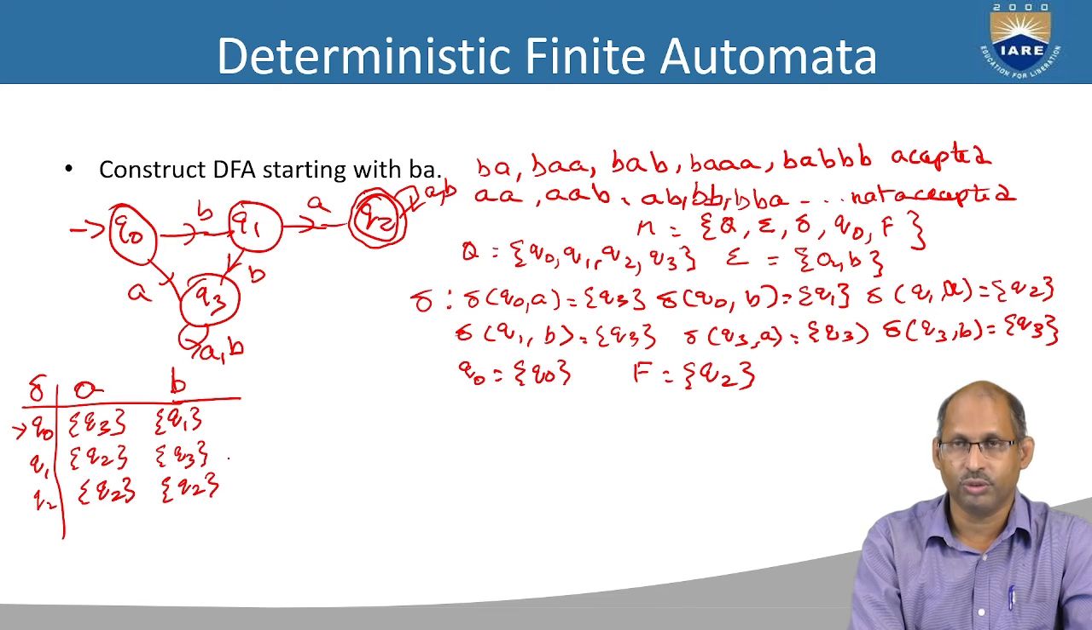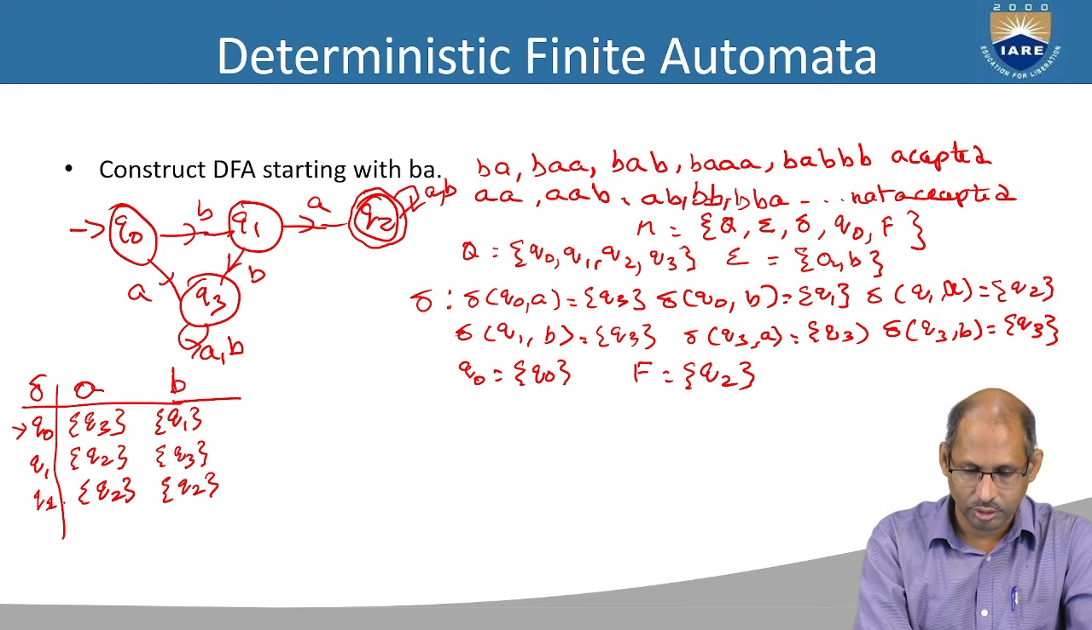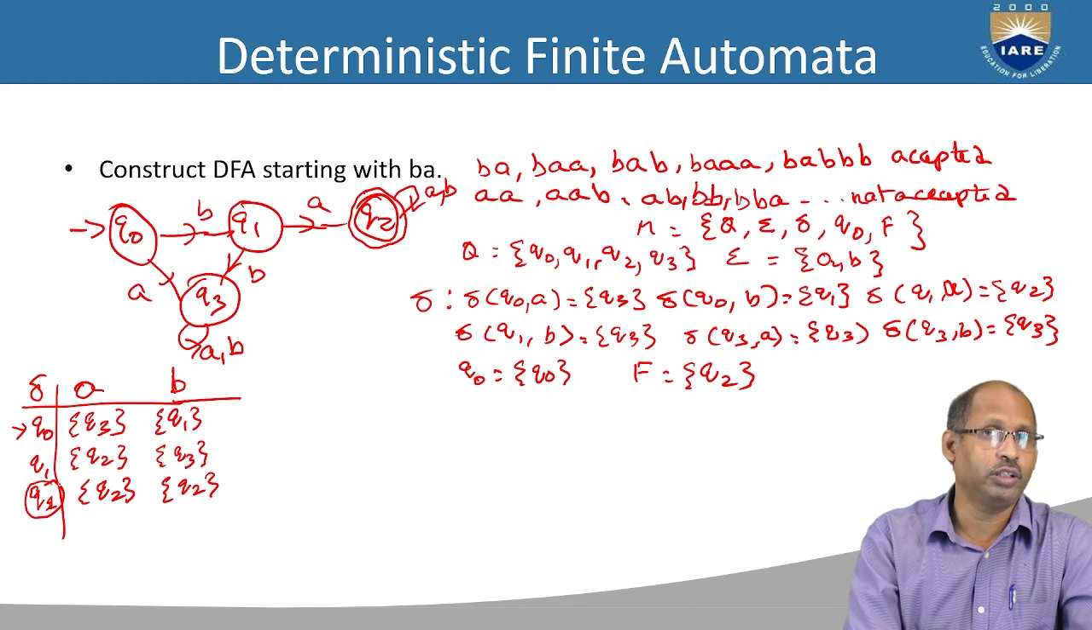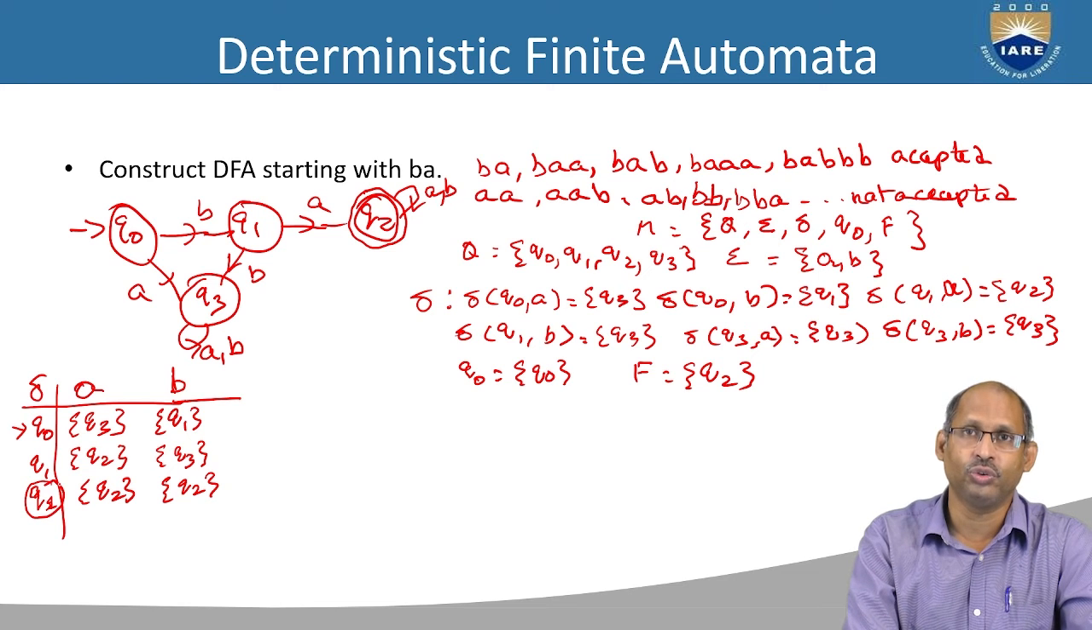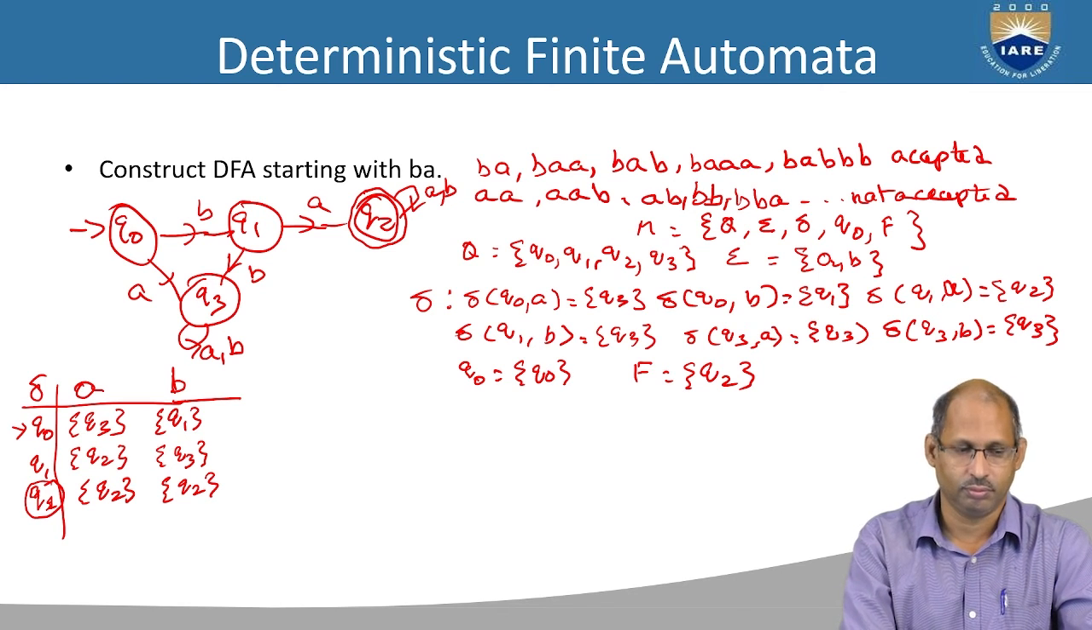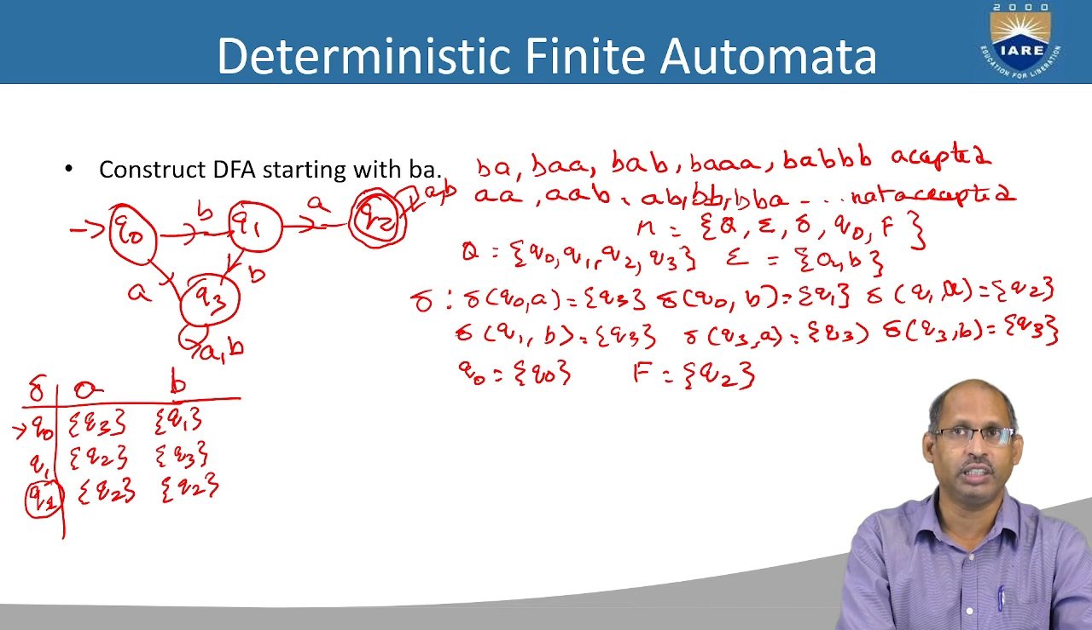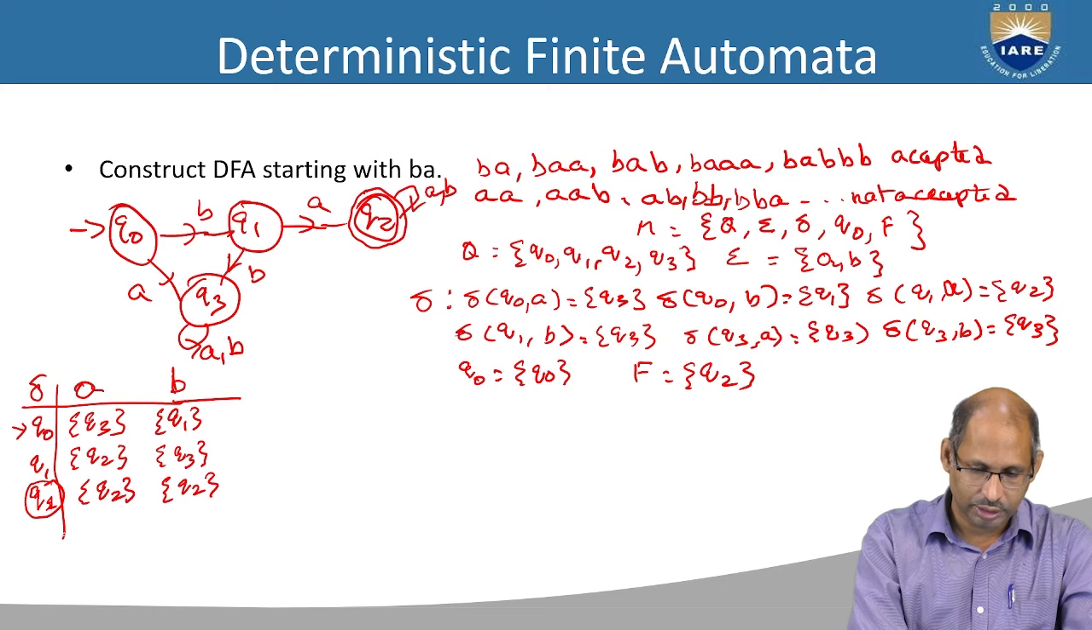Q2 on B goes to Q2 only. Right? So here Q2 is a final state, which we represent as a cycle, Q2 with a cycle or Q2 with a star. Then